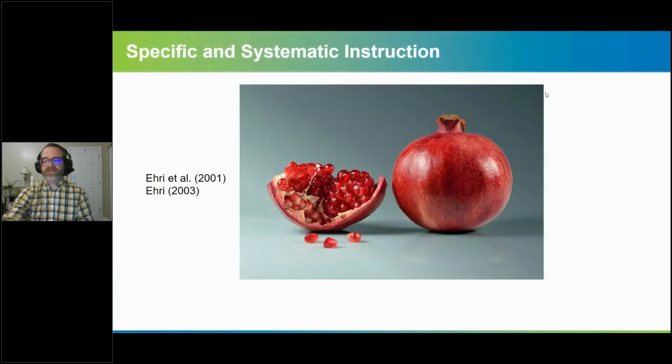So thinking about that specific systematic instruction, it's a part to whole. It's a part to whole sort of process. And if you've looked at the reading models from Erie, thinking about those basic components to more complex components to even more complex components. Language works this way, thinking about the individual parts of words, the way that I can connect to longer words, the way that I can connect to more syntactic variety, simple sentences to complex sentences. And again, thinking back to that image of the cup.